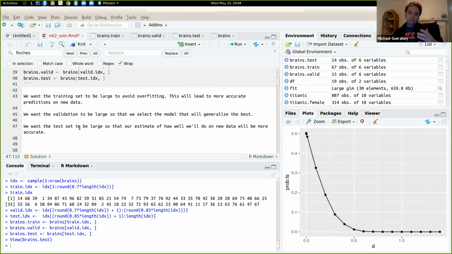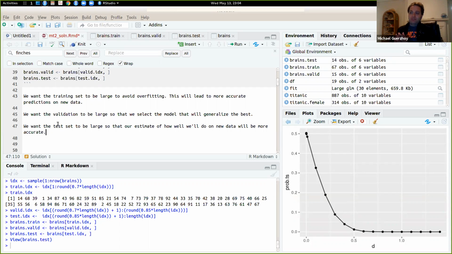Okay, so it's kind of similar to the reason that you want a training set that's large. Now, with the test set specifically, I would say there is a limit, right? So if you have like 2 million samples in the test set, you don't really need more. Now, it's true that technically, if you have a larger test set, you'll get a more accurate